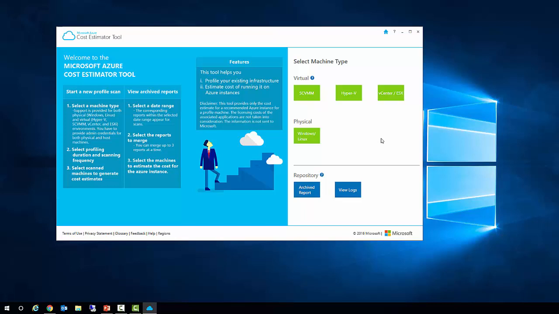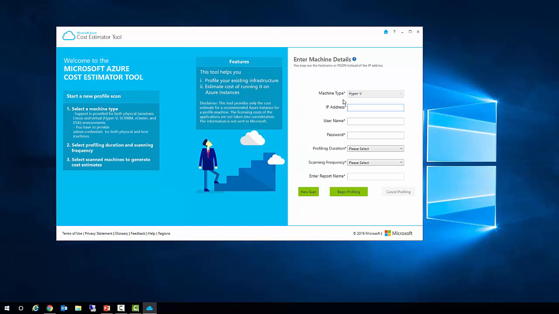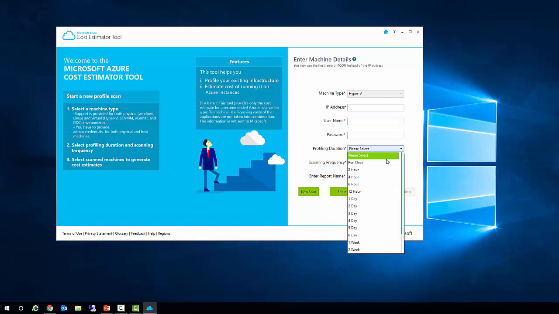And you can see that it invites us to scan System Center Virtual Machine Manager, Microsoft Hyper-V hypervisors, VMware vCenter and ESX solutions, or physical machines running either Windows and Linux. If I go ahead and select Hyper-V, for example, it's going to choose the machine type, ask me to specify the IP address and authentication into the machine. From there, I can then choose the profiling duration, the scanning frequency, and the report name that I want to